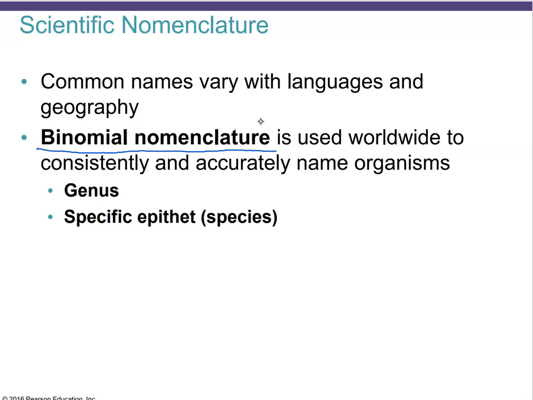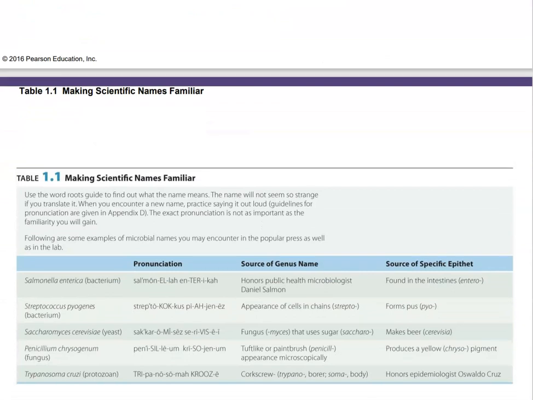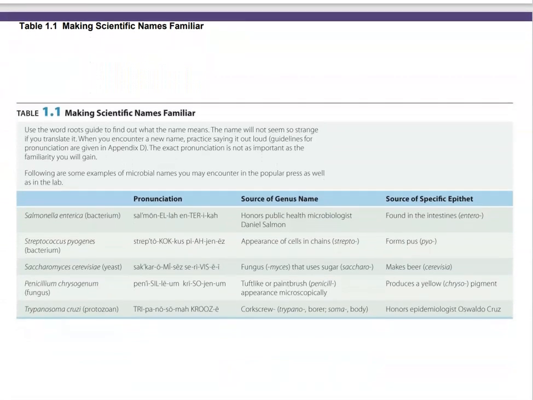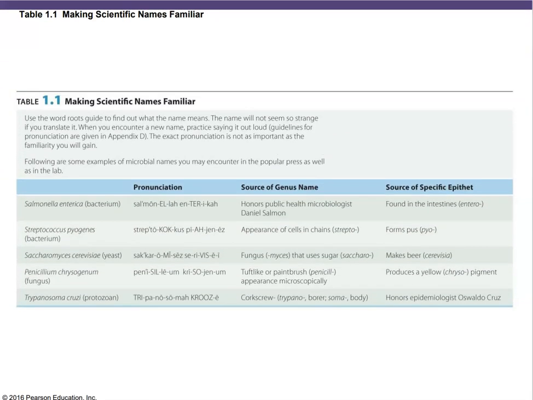And this binomial nomenclature is just like most of us have a first name and a last name. In the same way you have a genus and a specific epithet, the species name. So a genus and a species name. Here are some examples of that. You can still attach your name to something. That is actually fairly often done, but more often than not, you are describing something about the organism with the name that you're giving it.